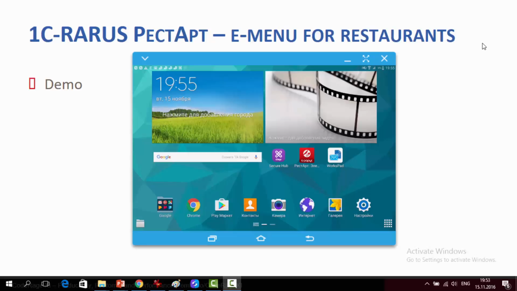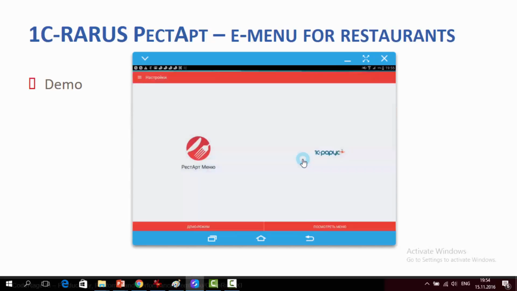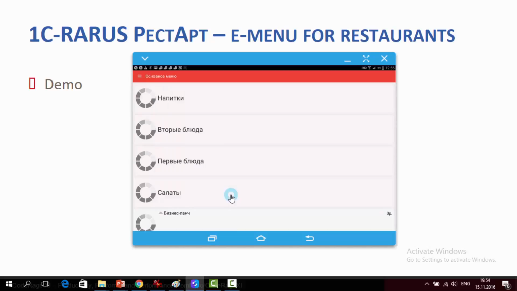As I said before, the market of this company and this solution is Russia and CIS, so no special means were taken to translate into English, for example. So you'll see some Cyrillics, some Russian letters. This is the screen share of my tablet, and we can run this application in demo regime, not to scan the QR code for something.